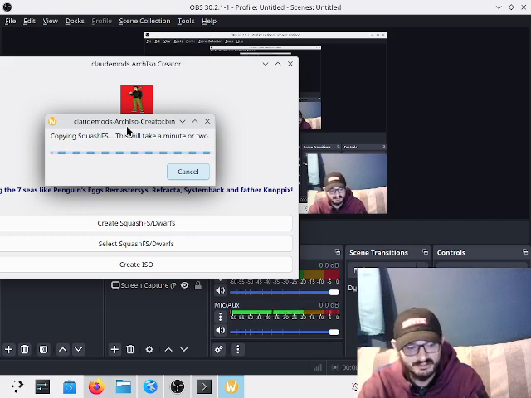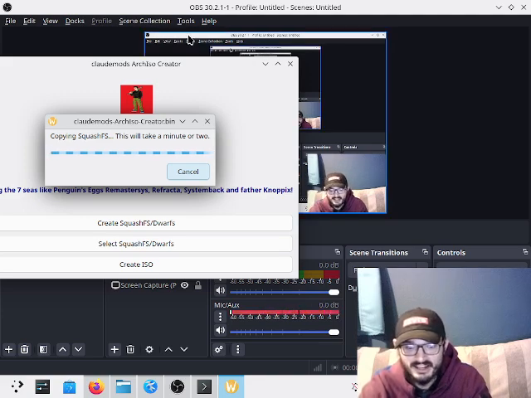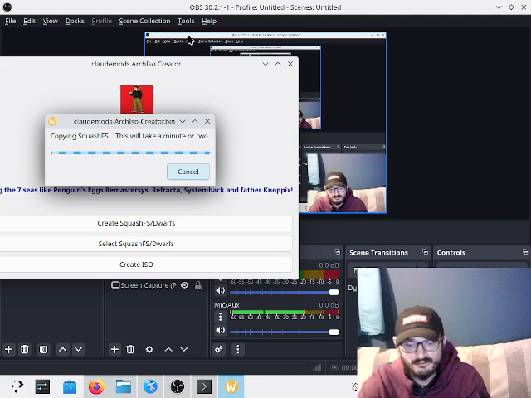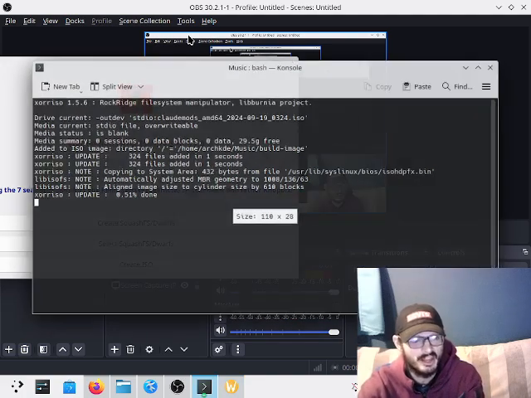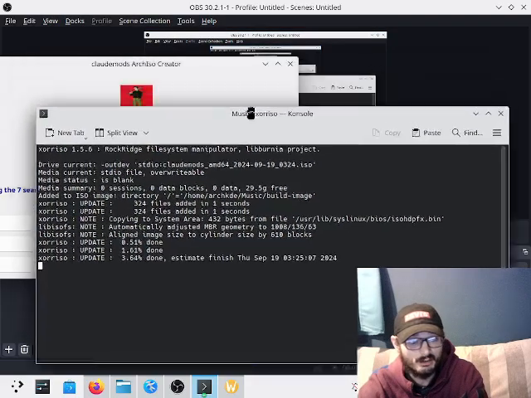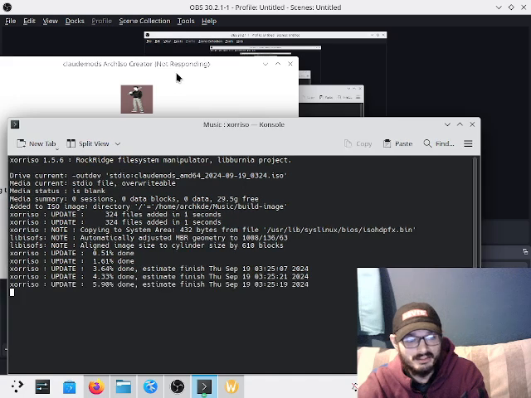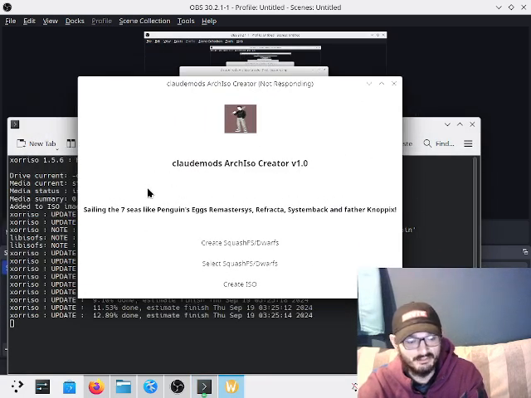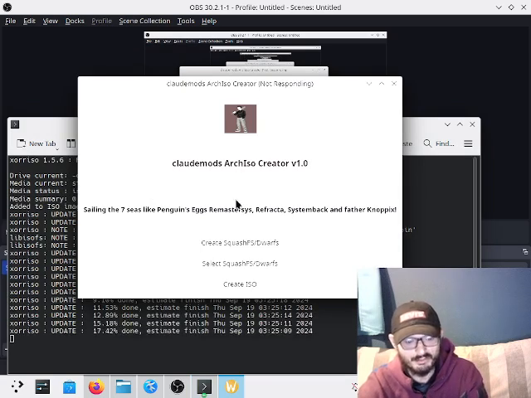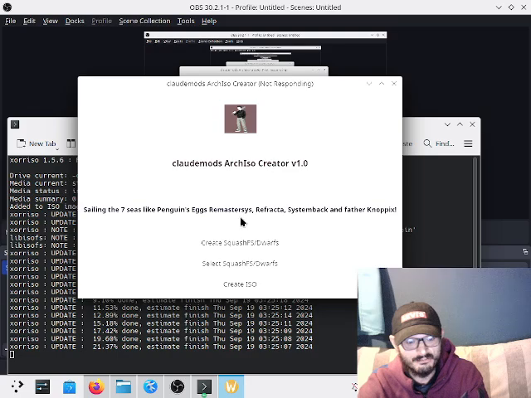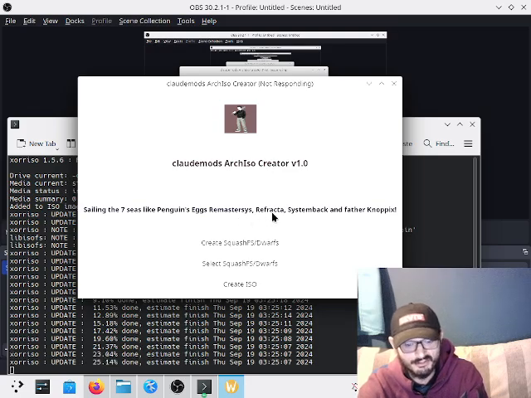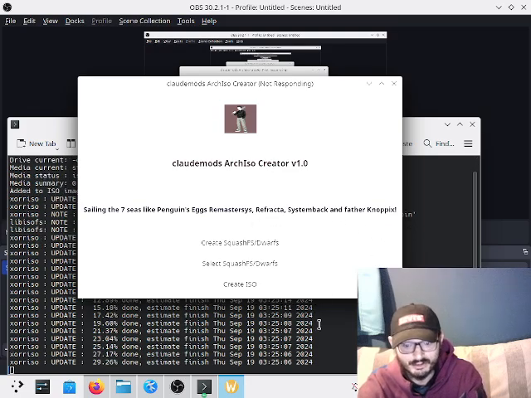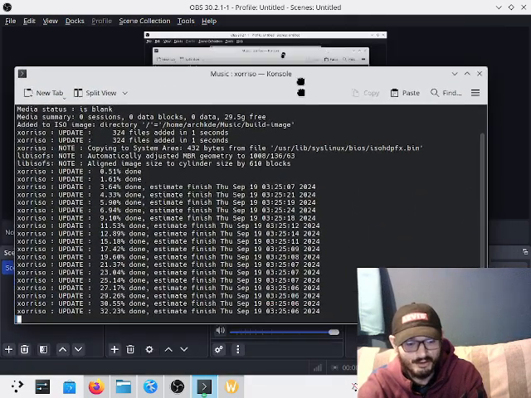Create an ISO. You know, I'm happy to be sailing the 7 seas amongst the various other tools. Some of the biggest name tools are right here. So here we go, it's now copying this into an ISO. Some of the biggest name tools are actually named here. We've got Penguins' Eggs, a really big one, which is what I've been using for such a long time. Remastersys, Refracta, Systemback, and Optics. And now we've got